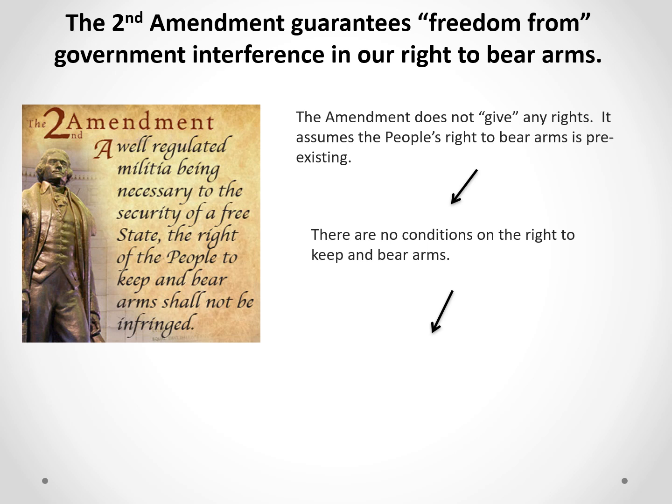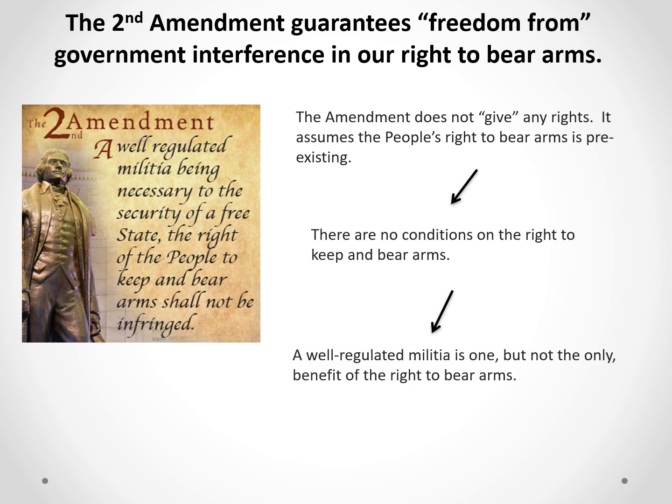The question is, what about that clause at the beginning of the Second Amendment, a well-regulated militia being necessary to the security of a free state? At the time the Second Amendment was written, we didn't have a large federal military. We had local and state militias, and the founders felt that it was important for people to keep and bear arms, for people to be comfortable with firearms, be trained in the use of firearms in order to be able to fight in these local and state militias as required.